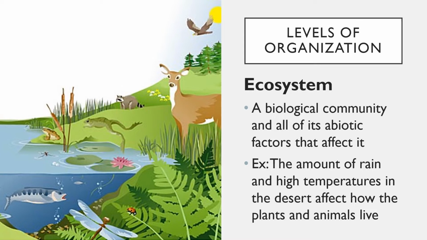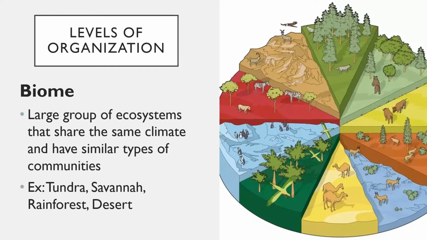So now we're talking about the deer and the raccoons and the fish and the bugs and the insects and the birds in this area and all the plants. And how do they interact with the water that's available to them, with the temperature, with the amount of sunlight, the climate, all of these things? That is what we're talking about at the ecosystem level. How are we interacting with all the living and non-living things around us in the specific area at a specific time?